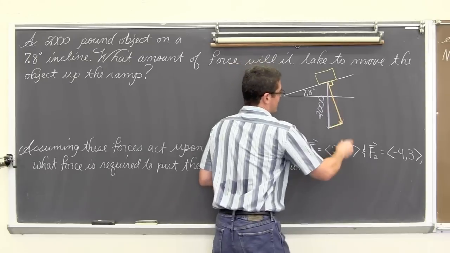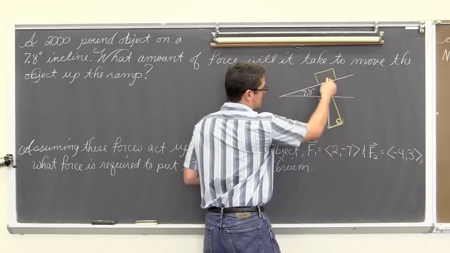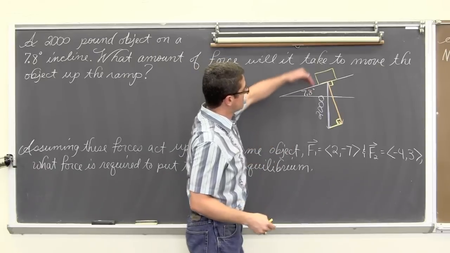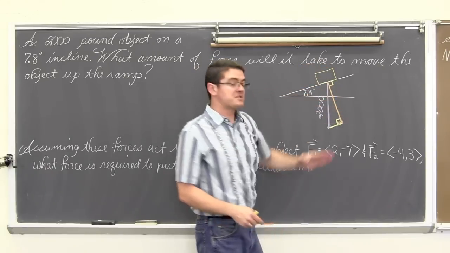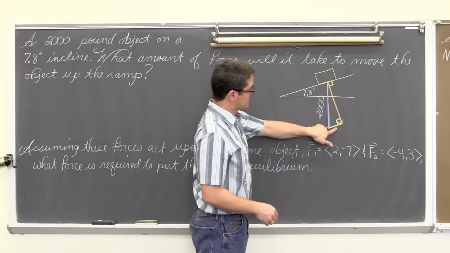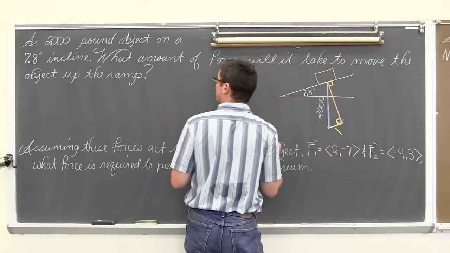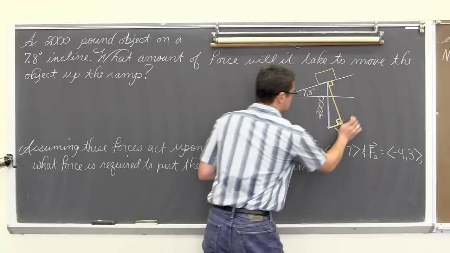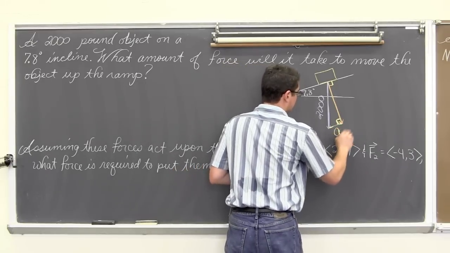So we're going to make this a right angle and then down here a right angle and look at these perpendicular components of the gravity vector. So this orange vector is going to be the actual weight of the object pressing into the ramp, and then this little segment is going to be the amount of force, and this is what we're interested in. Let's just call this A.